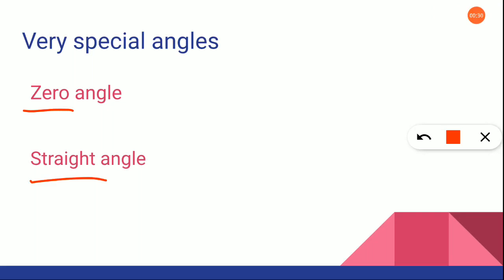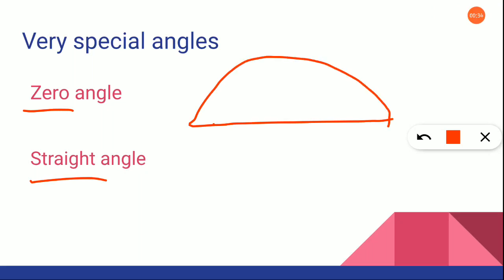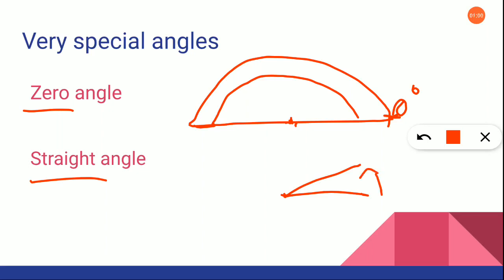Okay? I told you in a protractor, if you are taking a protractor like this, the center point was here. Here was one inner circle and one outer circle. Now 0 angle means the line will be, this is the starting point, right? If you are looking at the outer circle, this will be the starting point. Suppose if I am asking you to mark 0 angle, it will be just this one line. You cannot extend like this. Only if it is above 0, you can mark.